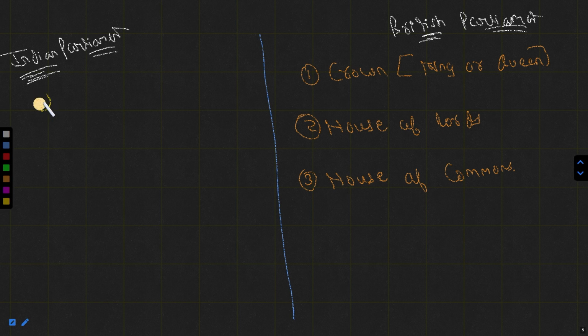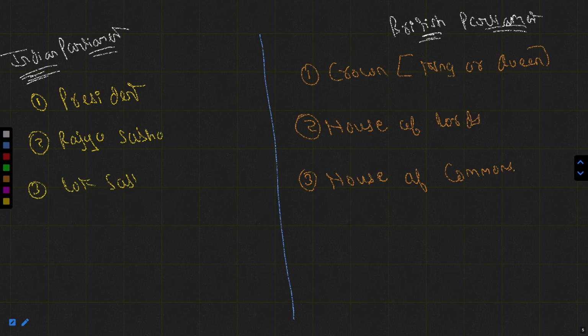Here, President, Rajya Sabha, Lok Sabha. Okay, so that is the difference between the composition of the houses, and the similarity is this: there is also the three divisions,